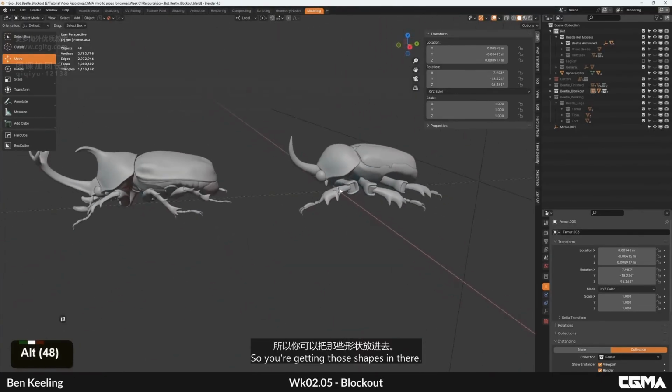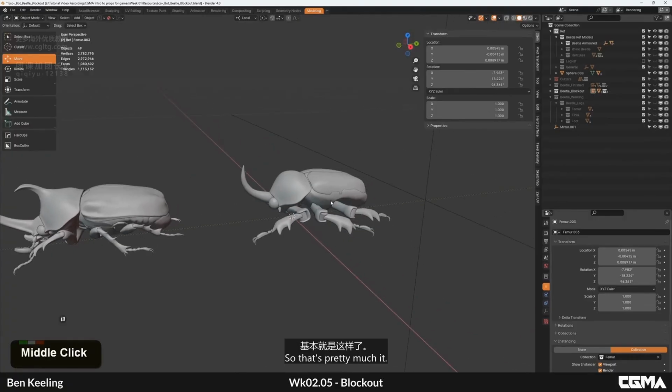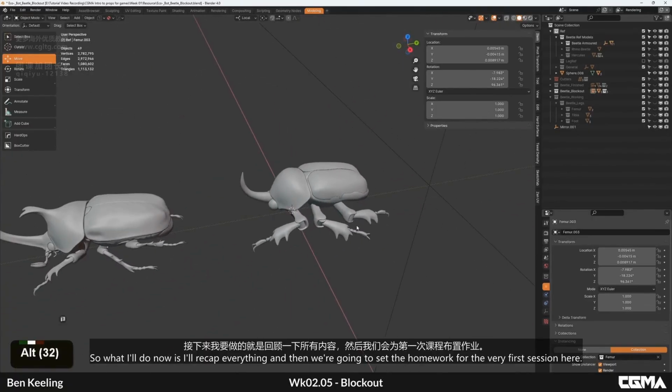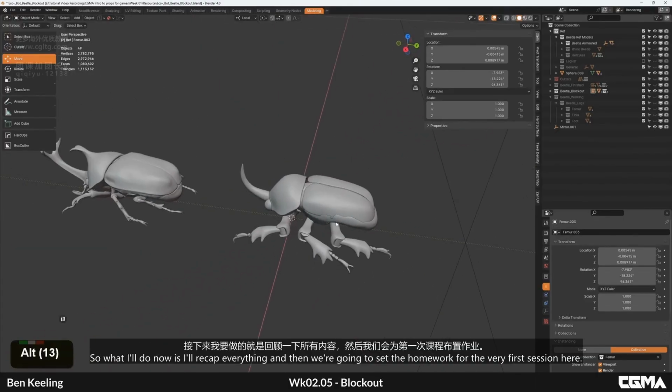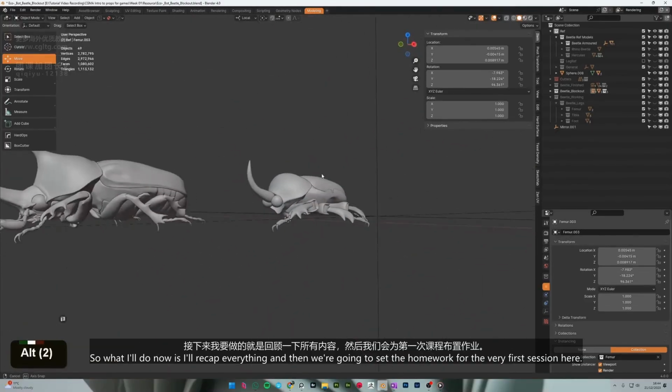So you're getting those shapes in there. So that's pretty much it. So what I'll do now is I'll recap everything, and then we're gonna set the homework for the very first